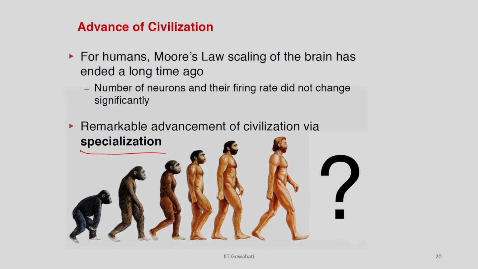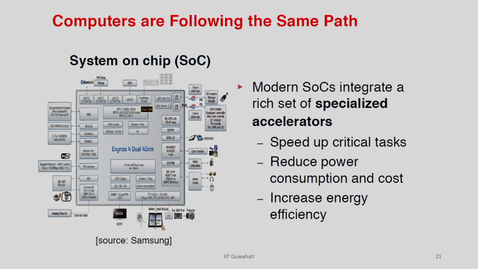The same thing is followed by computers also, right. Instead of trying to do everything using a general purpose processor, why not think about a specialized processor which will do a specific job. It will be tiny because it is doing only one job, it is not a single processor doing everything. So, it will be a single specialized processor that actually does a specialized job.